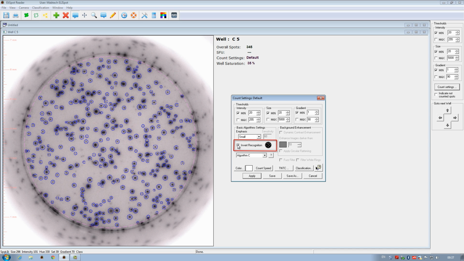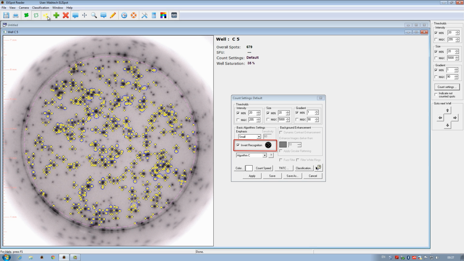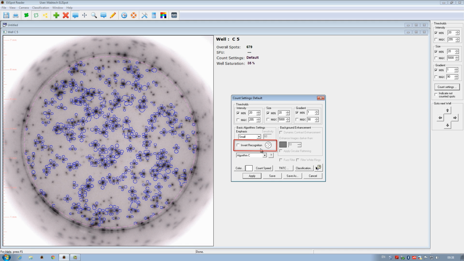This setting is the suitable configuration for counting fluorescent spots in Fluorospot. However, in this tutorial, having this setting incorrectly checked will mean disaster for the spot count of our EliSpot plate. When hitting the apply button, spot numbers suddenly jump to 679 and the blue circles in the well become erratic and strange. Adding the yellow cross marks makes the craziness even more obvious. The scary thing is that the software does not warn us that this count setting mistake has transpired. It is up to ourselves to spot it.